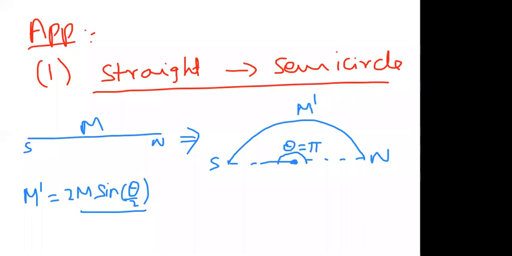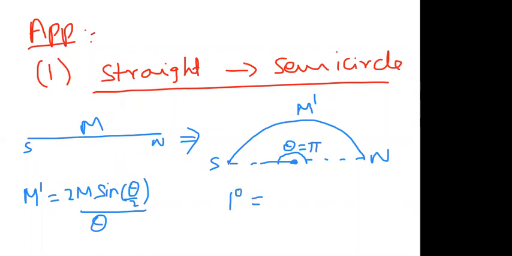Remember, whenever you are taking theta here, don't take it in degrees, because theta's SI unit is radian. You must not take degrees here; you must take only radians. We know the semicircle angle subtended at the center is 180 degrees, but don't write 180 degrees. Write it as pi radian.